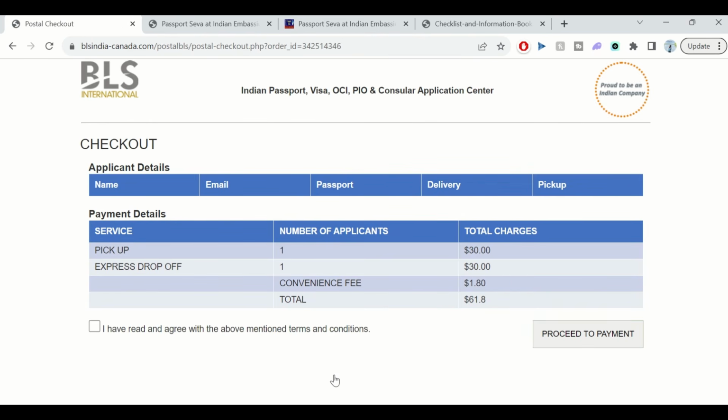All right, so once you proceed to next, now you can see that that's a summary of the fees which you need to pay, which is pickup and drop off. So pickup is $30, drop off is $30. There's a convenience fee, and that's the total which you need to pay. So once you are happy with what you filled in earlier, you just go ahead, proceed to payment, use any